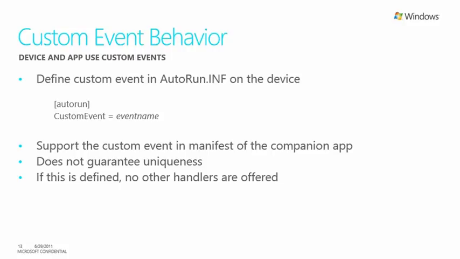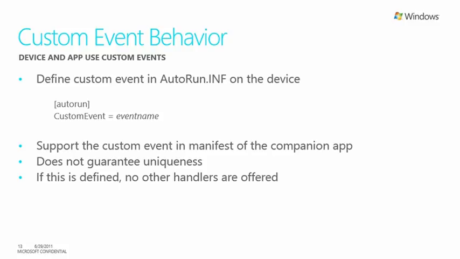So custom event behavior is kind of cool because it allows you to define an event and put the custom event into the autorun.inf. You can see here where you say custom event and then event name. Then what you do in the manifest of your companion app is register as a handler for that event. Essentially, this is the closest way you can get to a vertical solution for standard mass storage